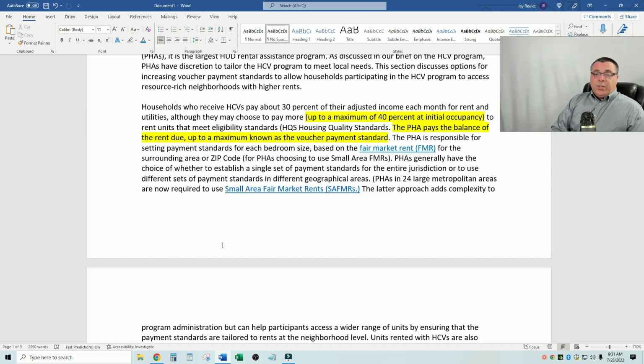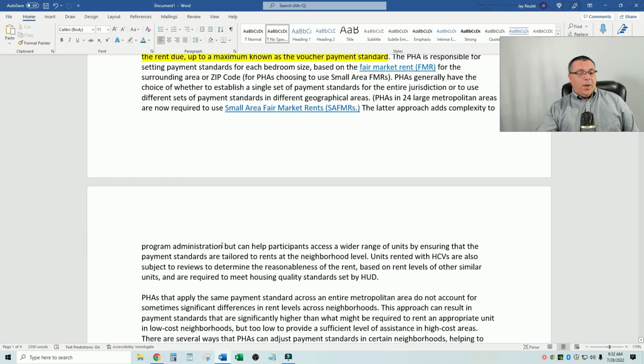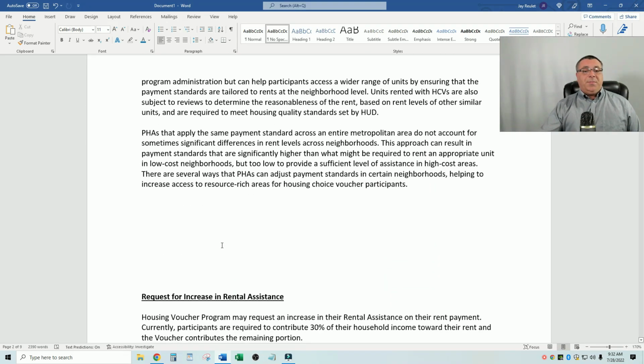The latter approach adds complexity to program administration, but can help participants access a wider range of units by ensuring that the payment standards are tailored to rents at the neighborhood level. Units rented with an HCV, better known as a Housing Choice Voucher, or Mainstream Voucher, are also subject to reviews to determine the reasonableness of rent based on rent levels of other similar units